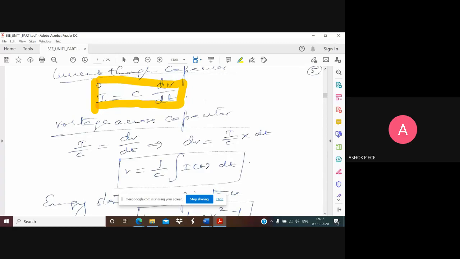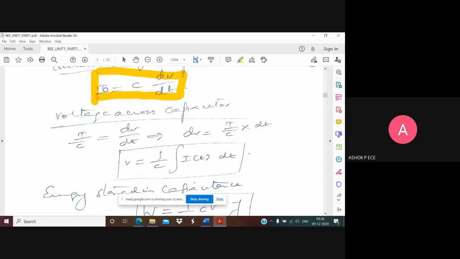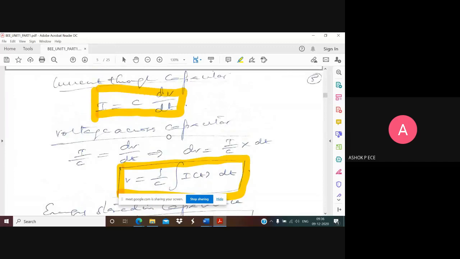So in circuits where you want to completely block all the DC voltage, if you put a capacitor, that will act like a filter. It will filter out all the DC voltage and allow only the AC voltage to pass through your circuit. Okay. And voltage across capacitor, just rearrange this equation. So bring the C here. So I by C is equal to dV by dt, or dV is equal to I by C into dt, or voltage is 1 by C integral of I(t) dt. So this again is the voltage across capacitor formula. Voltage is derived from the current formula. Current is the actual formula from which we derive the voltage across the capacitor. Is that clear? Remember these two formulas, we'll be using them invariably in problems.